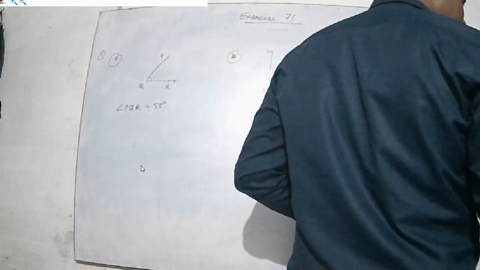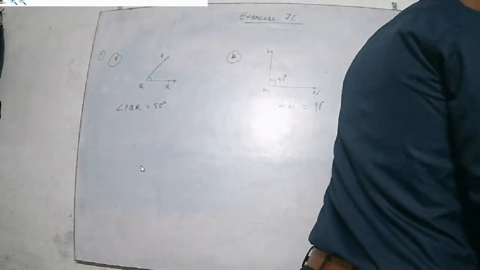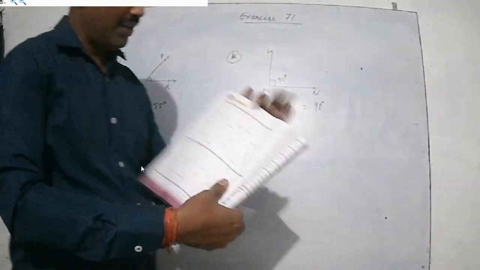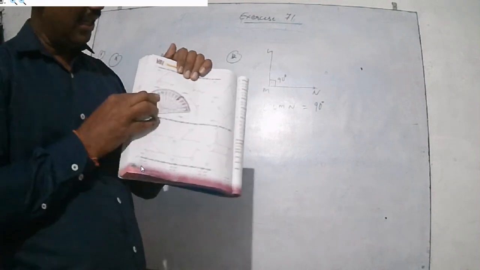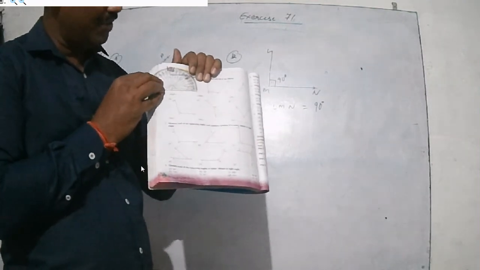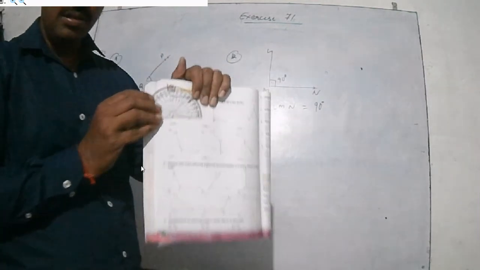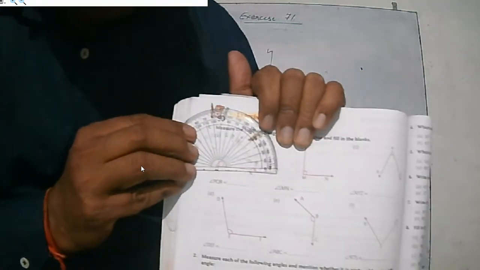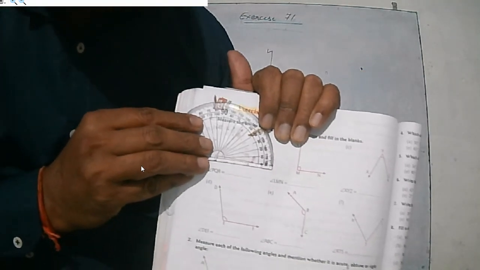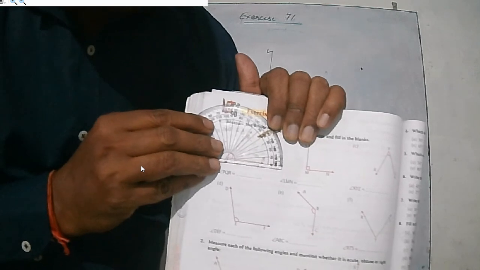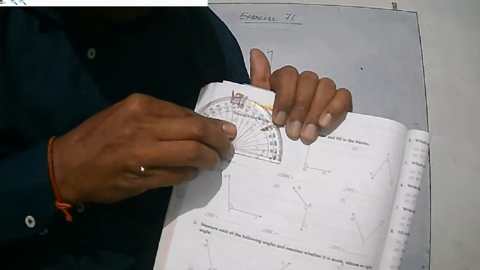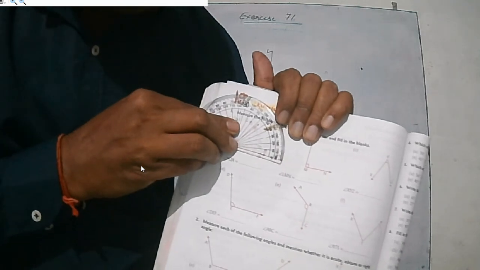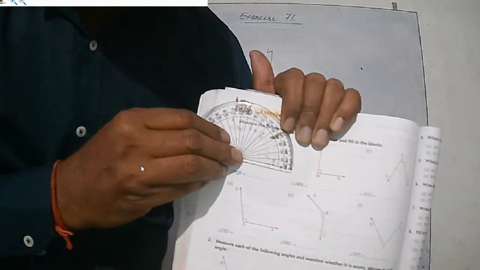Now measure each of the following angles and mention whether it is equivalent to select. So hope that you understand that first question. Here you have the baseline. Here you have to keep this like this, and after this you have to measure it. Perhaps you are unable to see this one here. Here you see this ray goes to 55 and this one is 0. You have to keep it properly, fix it, and then you get the accurate result.